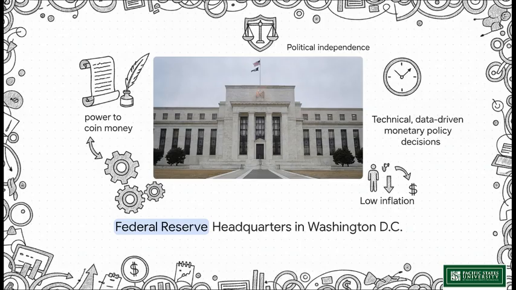Now, here's a really fascinating part of the system's design. Unlike fiscal policy, which involves taxes and government spending driven by elected politicians and can change drastically every time a new administration takes office, the Fed is specifically designed to have a significant degree of political independence. The Board of Governors isn't running for re-election. This structural independence is incredibly important because it allows the Fed to make highly technical, objective, and data-driven decisions based purely on long-term economic grounds rather than short-term political popularity.